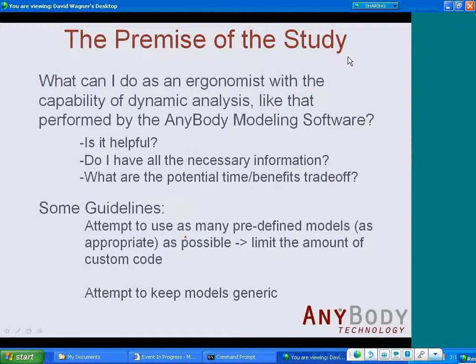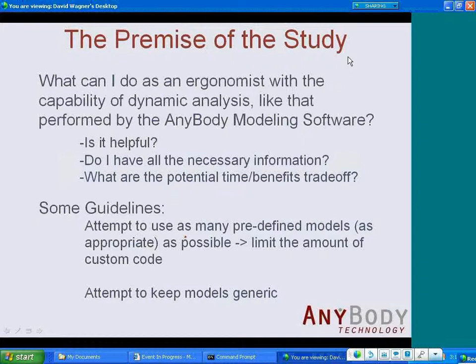Some of the guidelines before I get started: as an ergonomist, I wanted to use as many predefined models as available to me versus writing custom code or developing custom models, because as an ergonomist, I may not have time to do that, and I would like to use the software already available that has hopefully been validated and can be used as a commercially great tool to